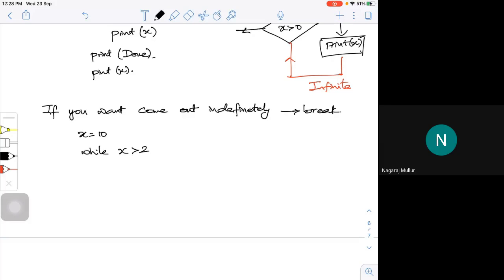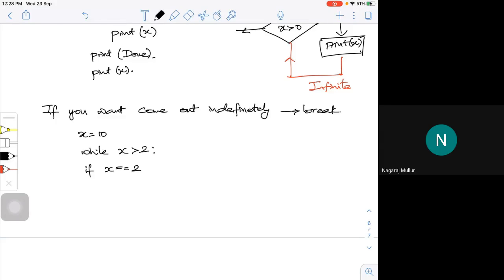Now look at this. I want to break out of this loop. I don't want to get into any kind of infinite loop. So I will use an if statement: if at any given point x is equal to 2.